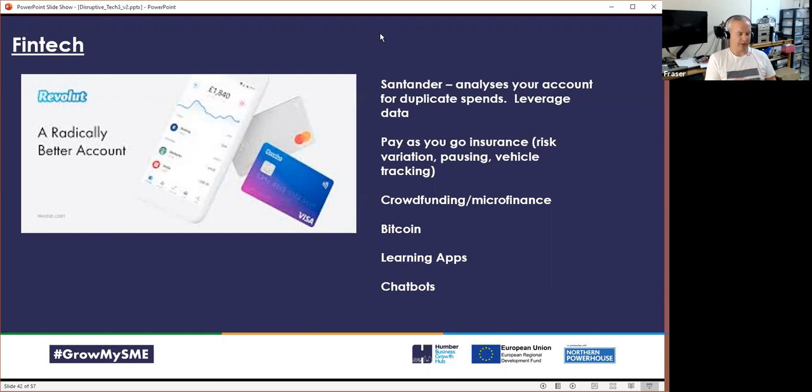I would encourage you to look at some of these things. I definitely, by the way, endorse Revolut, which I think is our biggest bank now. A fantastic way of managing your money. So if you're not involved in the sector, at least go and look at what it's doing, because you might find things within their products and services which you think, hang on, we could take this concept and move it into our own sector.